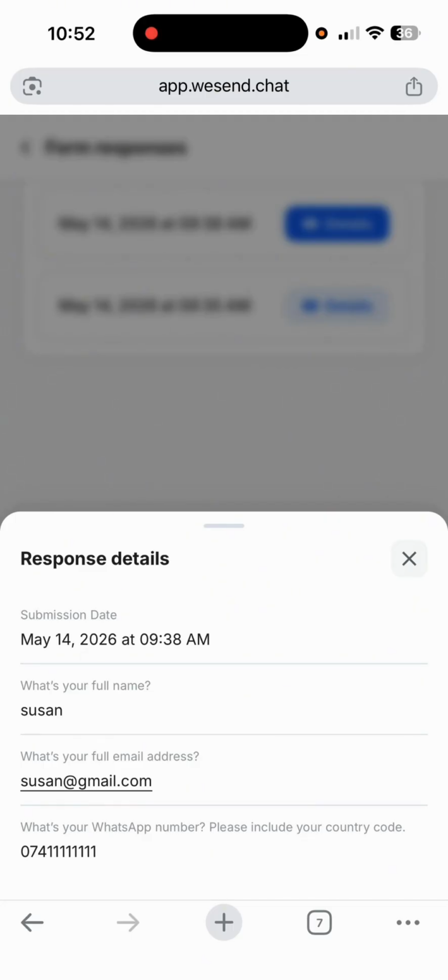I can contact this user later by WhatsApp, email, phone call, or Instagram DM. I can also use this information for order follow-up, customer support, consultation requests, bookings, or sales inquiries. In future updates, WeSend will also add the ability to export form responses. This means you'll be able to export your leads and use them in other tools such as a CRM, spreadsheet,